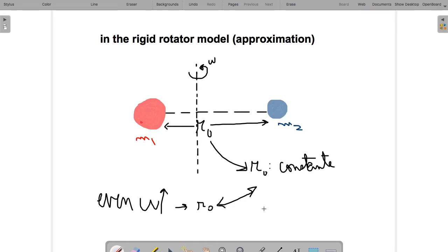Now, what does that mean? That means that if R0 remains constant, so if the distance between the atoms remains constant, then I, the moment of inertia, which is equal to mu r squared, or in this case mu R0 squared, also remains constant. However, this is not real, because basically,